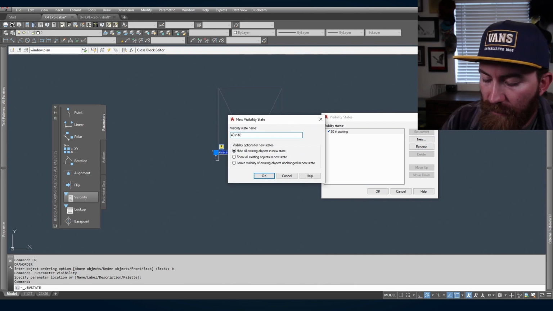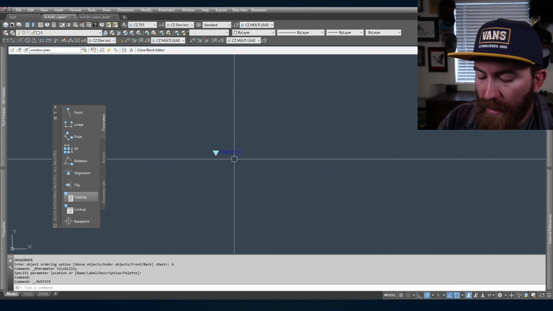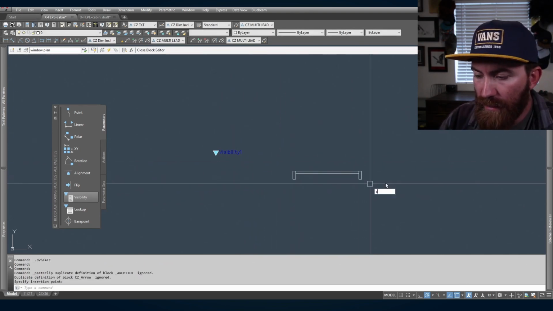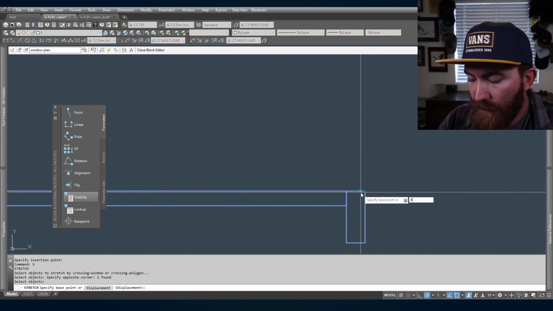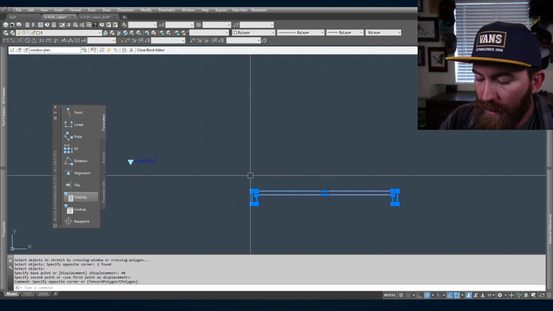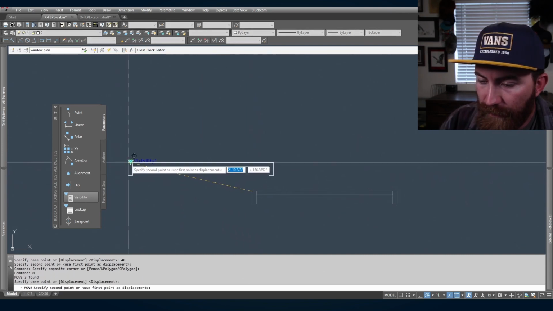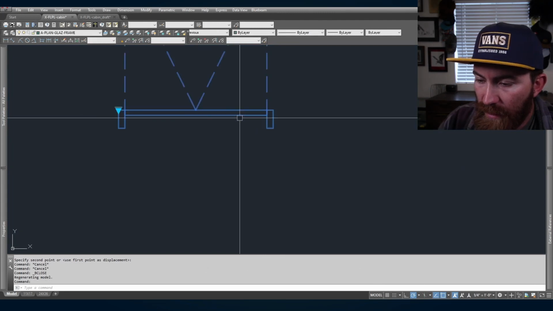40-inch fixed. And then I'm going to hit paste. Stretch. And I want it 40 inches. 40 inches. Boom. Select that same point. There we go. Close, save. So now